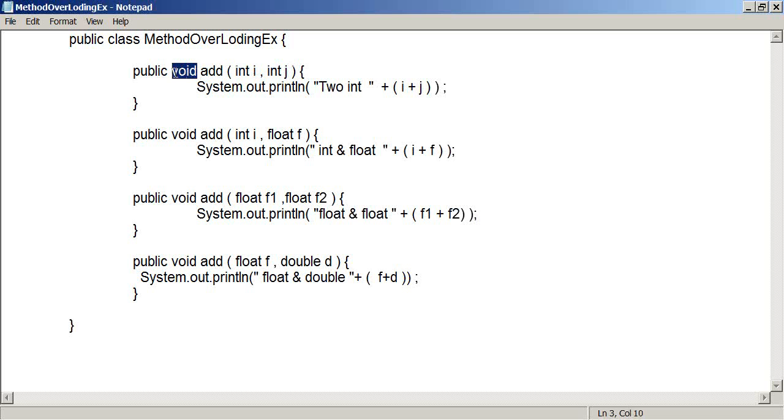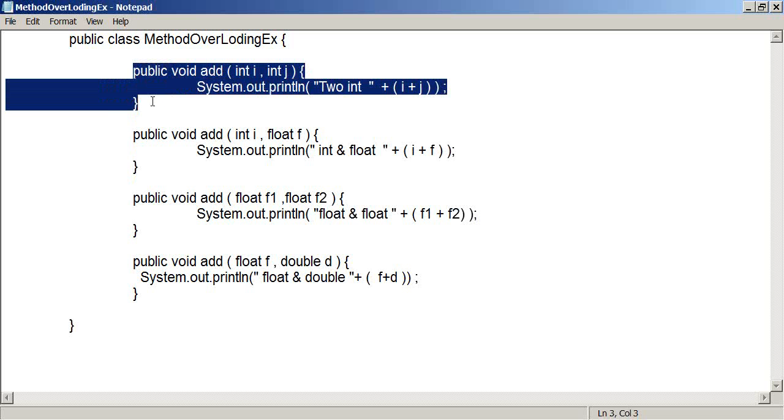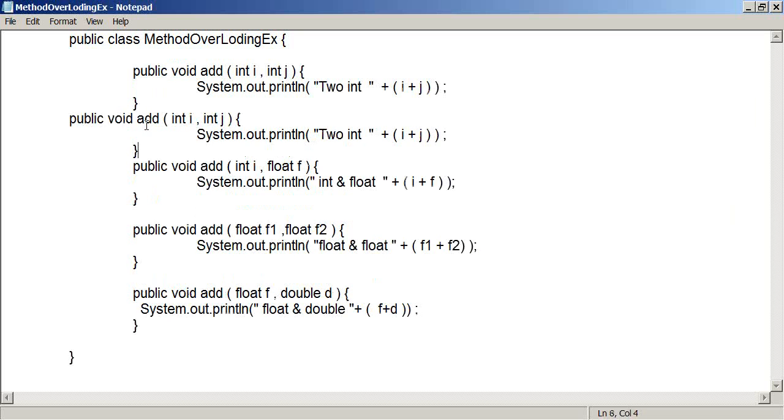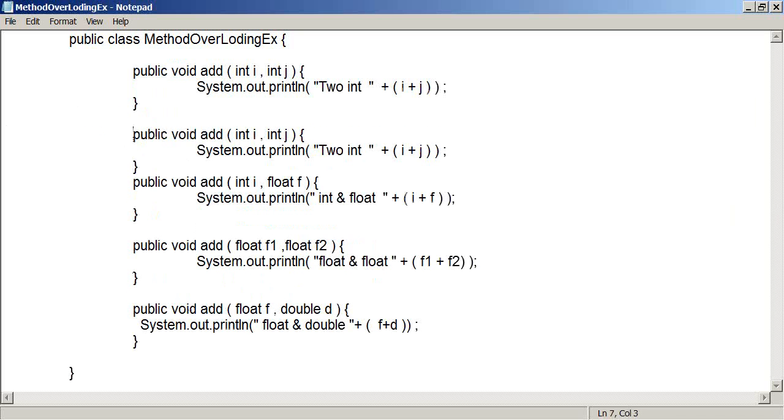Return type, yes, return type will not play any role in overloading. Return type is least bothered. Return type can be same, return type can be different, right? Return type is least bothered, right? Let me write one method here. I'm showing you one thing here. Now the same method I have written,